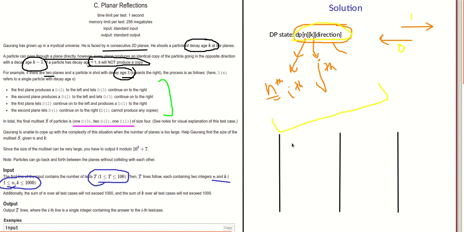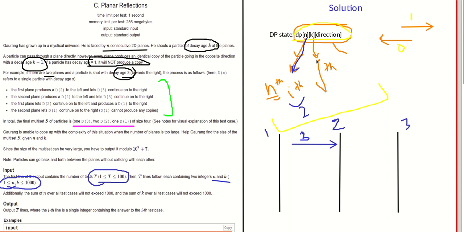Say in some step of my simulation, there was a particle of decay age 3 moving towards the right, and it strikes the second plane in one-based index. This was the first plane, this is the second plane, and this is the third plane. So my particle strikes the second plane, which means the value of i is 2.